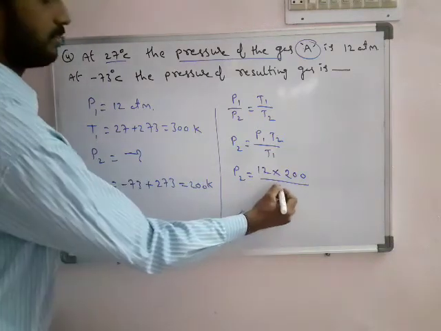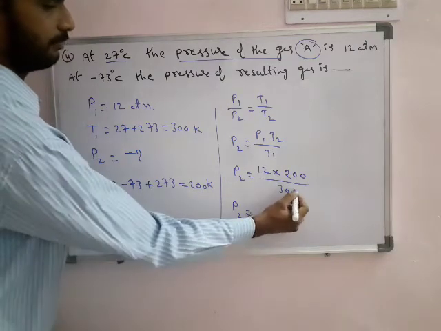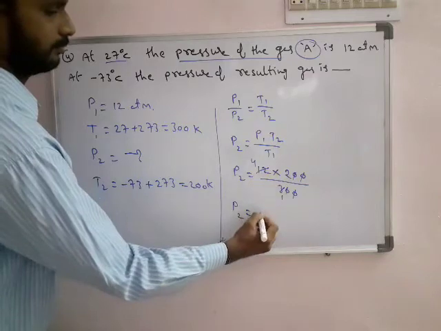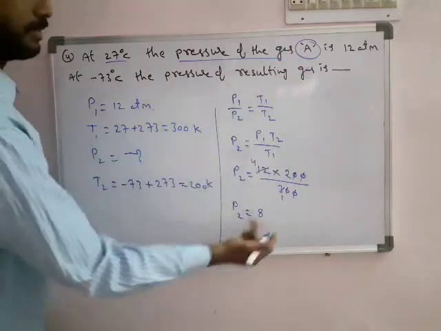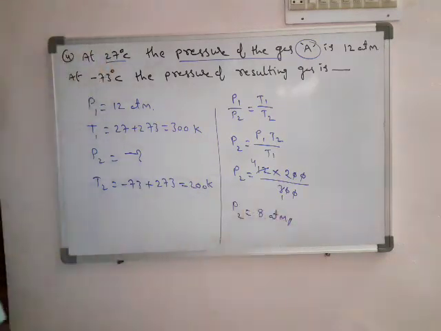What is the T1? That is 300. So finally how much you will get? That is 8. So already we took the pressure in terms of atmosphere, so we will get it in atmosphere only. Okay, then